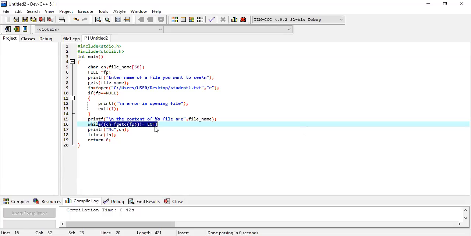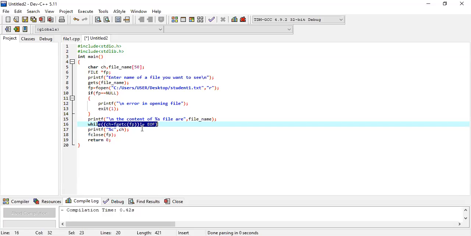If it is not EOF, if it is not the end of the file, then it will print, where? In my output monitor when I'm running this program. That's why I'm writing here printf %c, ch. So now I'm going to read character by character from my existing text file, and print that character one by one in my output monitor.